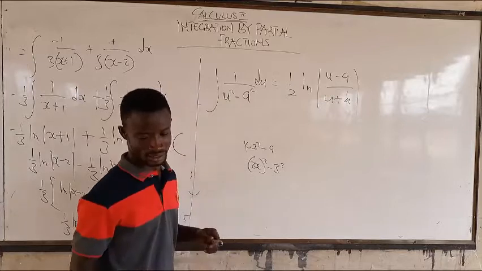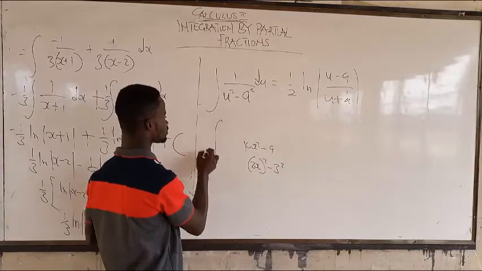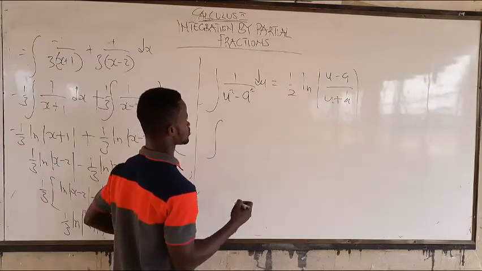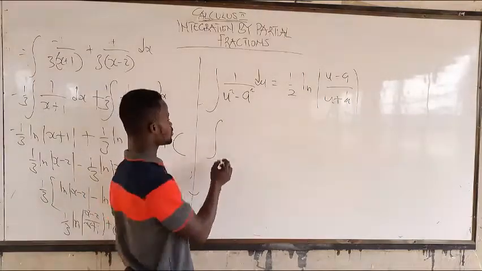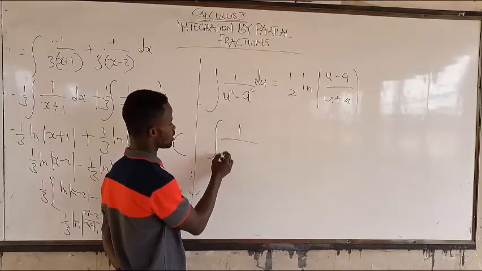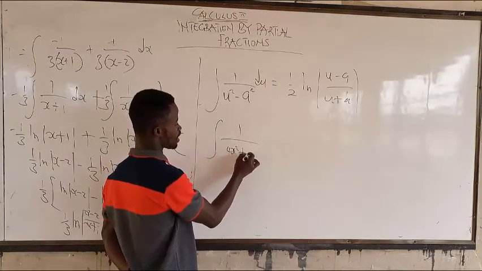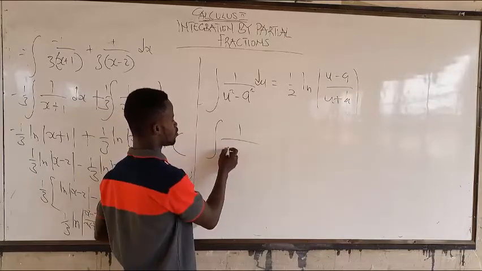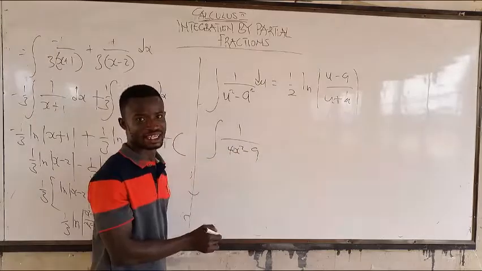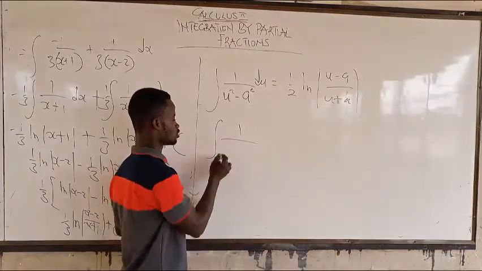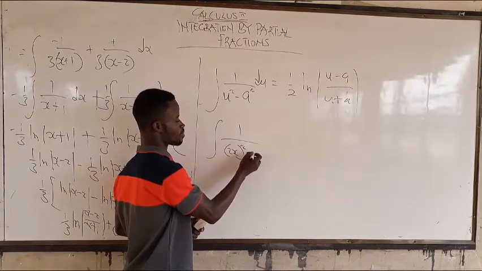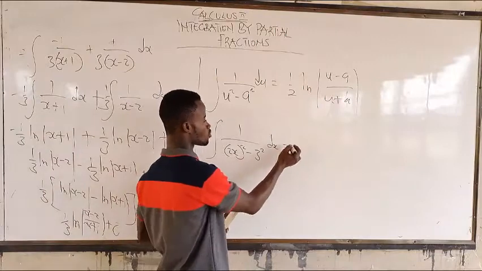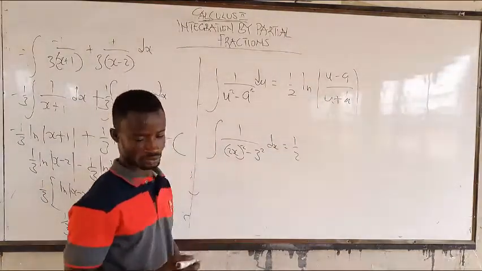So for instance, if you have the integral of 1 over 4s squared minus 9, this is the same as 2s squared minus 3 squared ds, and that is going to be equal to half